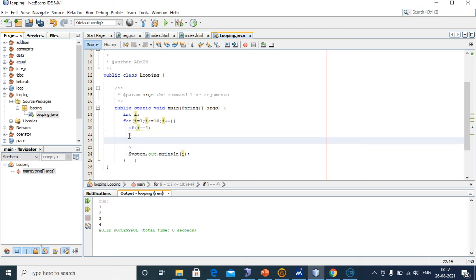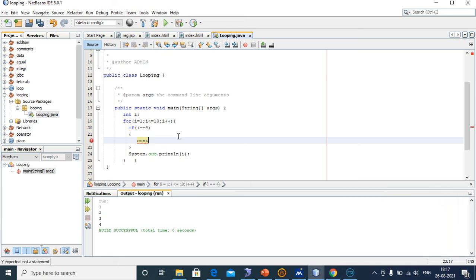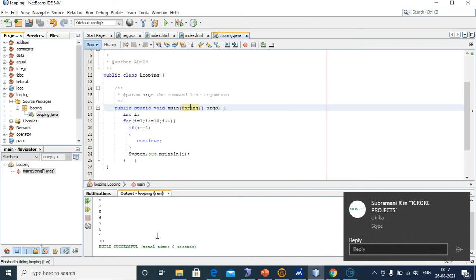In that I will give one continue statement. Okay, I will give the continue statement. We will execute. Okay, this is the continue statement.